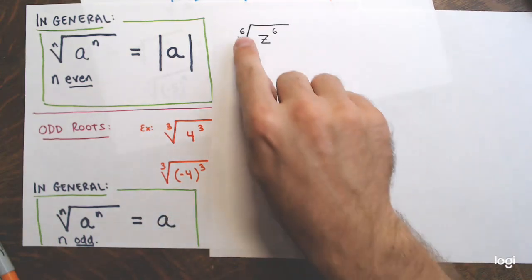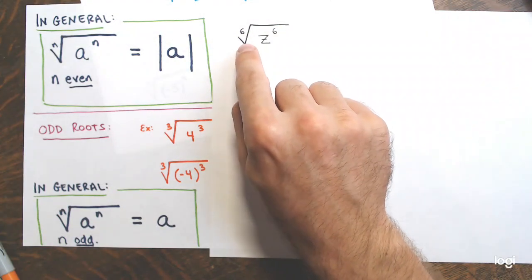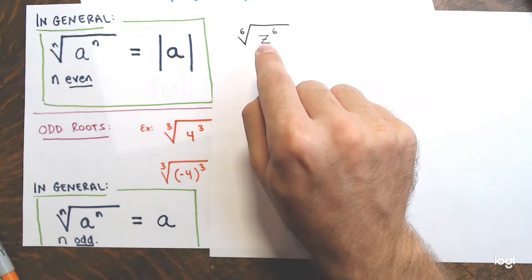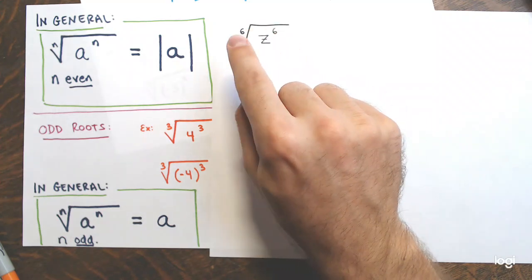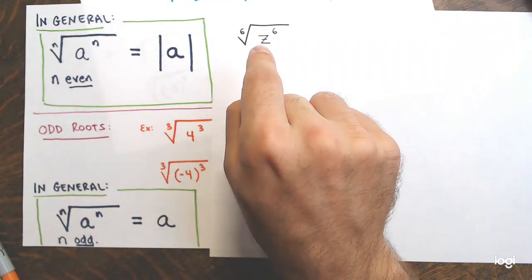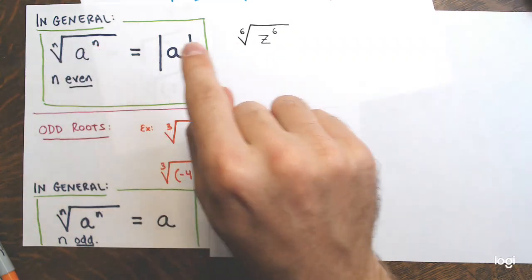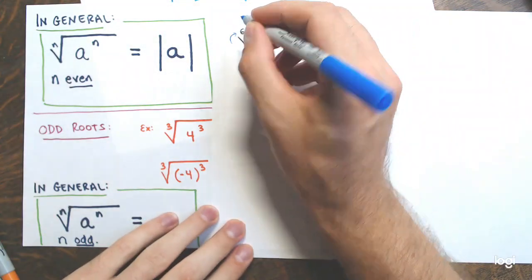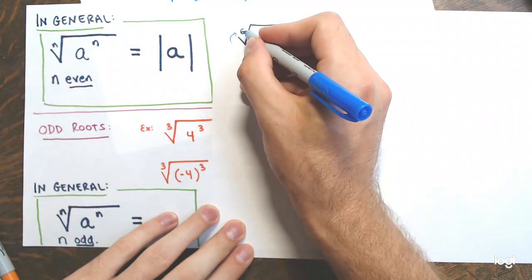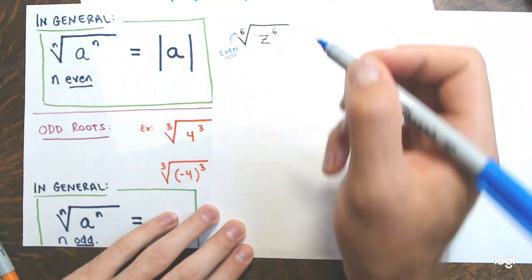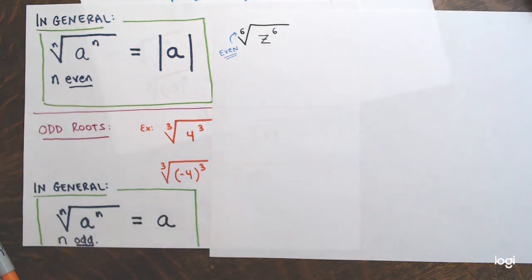Here I'm taking the sixth root, right? You've got the index of 6 of z to the 6, where z is just some variable. So this is no different than this, where instead of a, I have z, and the n's are replaced by 6. But pay attention, this is the reason I pointed to this one: my index is even, a multiple of 2, sixth root. Okay, so the way I would simplify this,